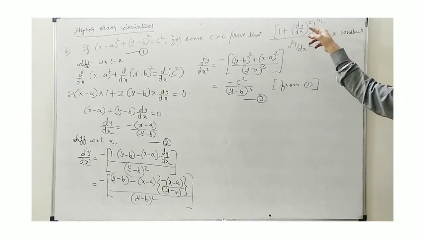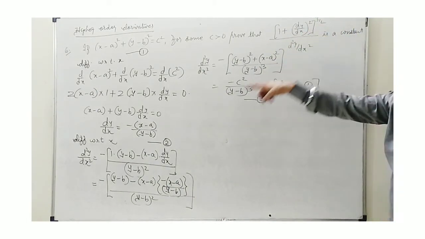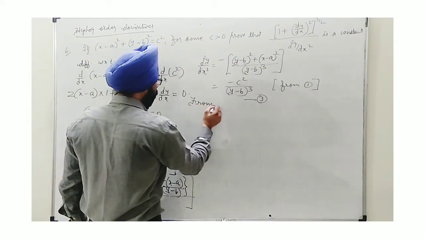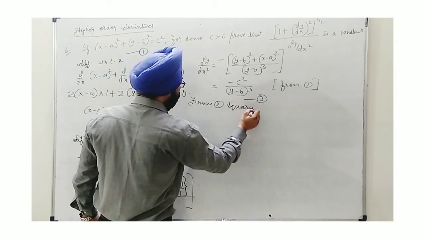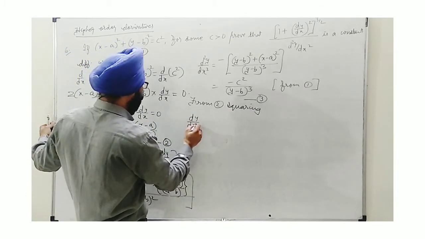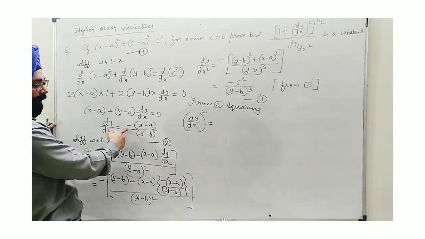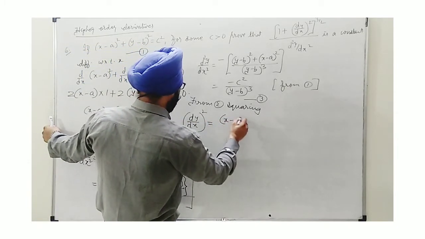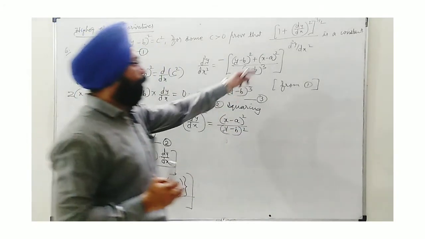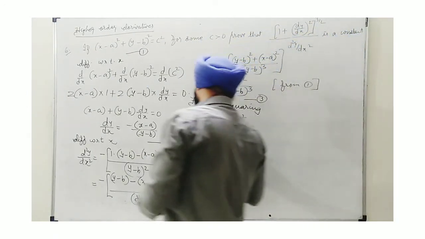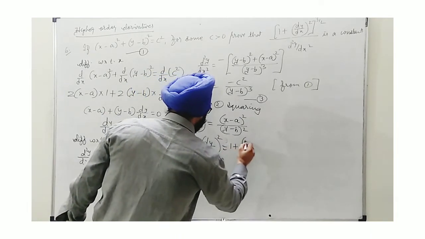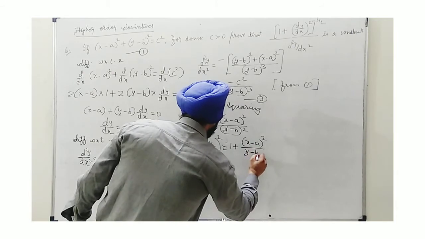Now we need this one expression. So before we put, we will find it out. (dy/dx) whole square is needed. So we can put from 2, squaring. If I square both sides of equation number 2, we find that (dy/dx) whole square, this minus sign will be removed. We are having (x minus a) whole square upon (y minus b) whole square. Now further we are told that we need to add 1. So we will write here 1 plus (dy/dx) whole square. We get 1 plus (x minus a) whole square upon (y minus b) whole square.